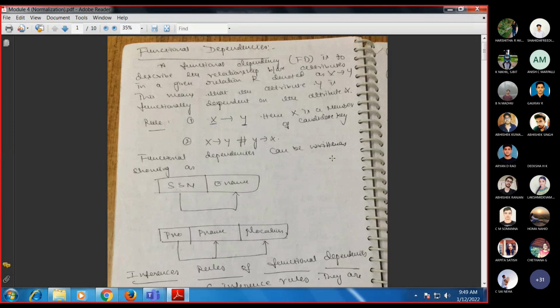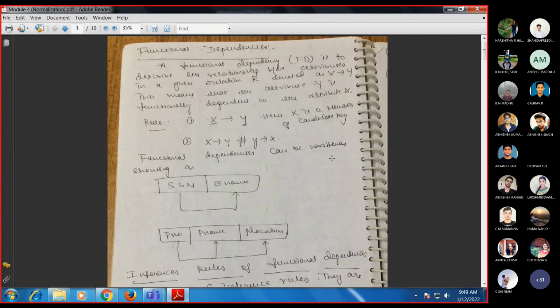Apart from that, we'll also discuss the need for normalization. The first need is to remove redundancy, the second is to maintain record consistency or accurate results, and the third is to ensure the lossless join property. That means even if you split the relation, after splitting, if you try to join the relations, there should not be any loss of information. That is what we call the lossless join property. Because of all these three,